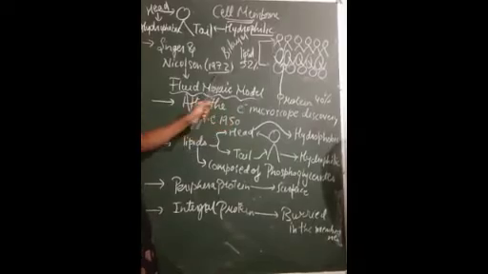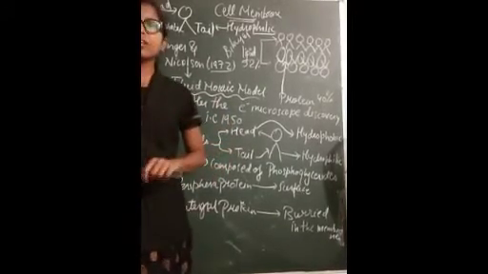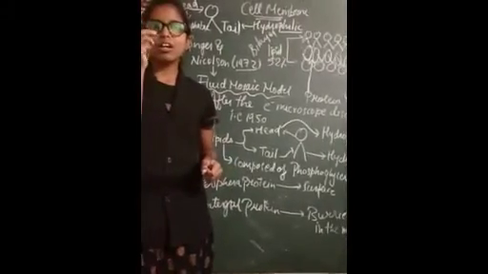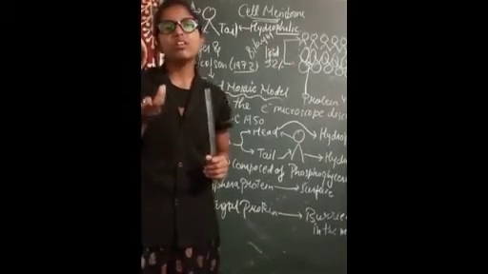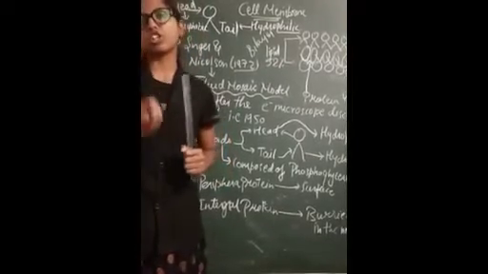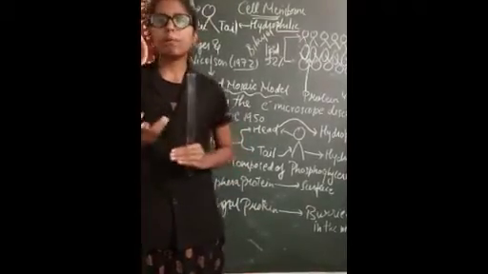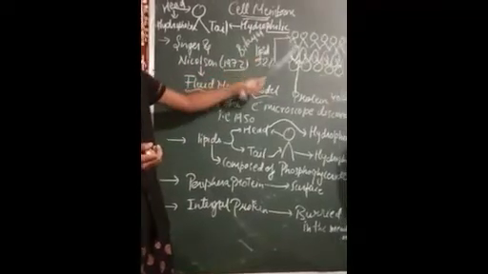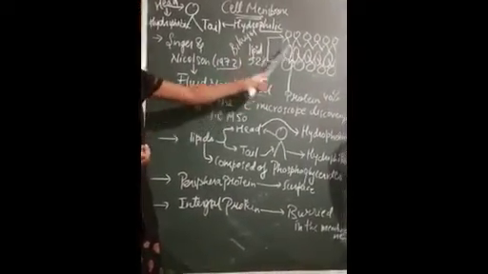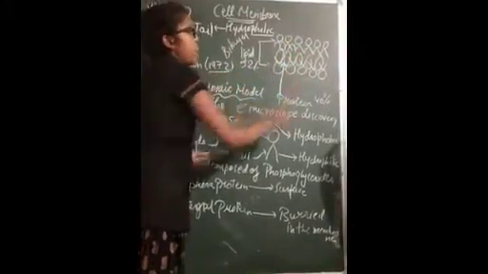So Singer and Nicholson were the scientists who gave the fluid mosaic model in the year 1972, after the discovery of the electron microscope, because this is a complex structure which cannot be viewed under the ordinary microscope. With the invention of the electron microscope after the year 1950, this discovery took place. Right, student? Next, if you see the structure here, there is the lipid bilayer, and in the middle you can see proteins embedded.